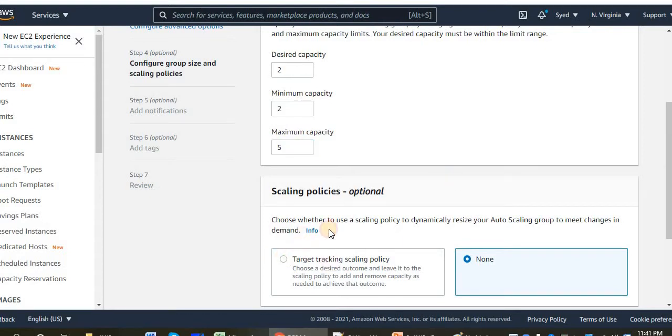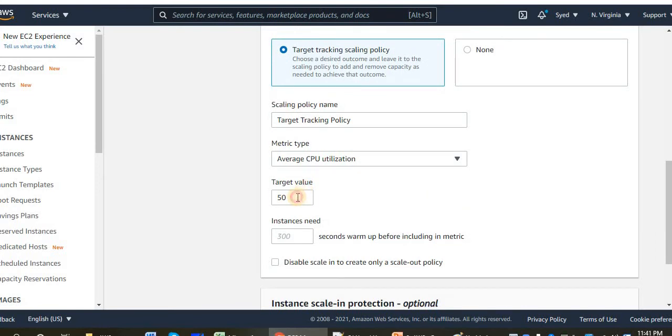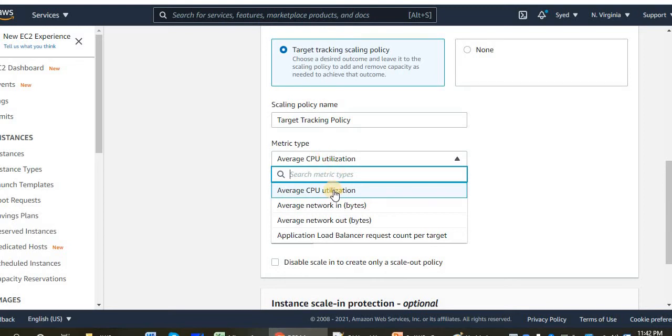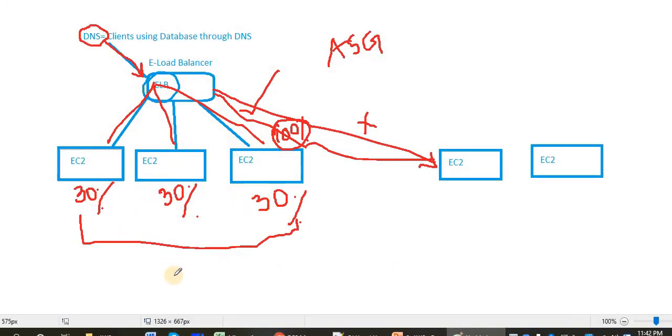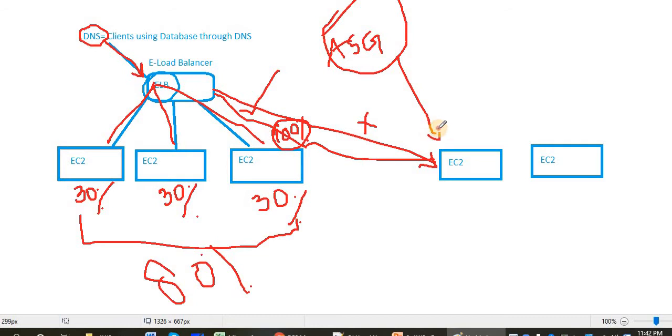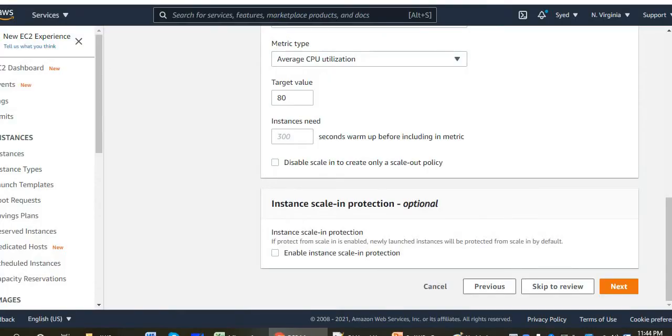So the next one is target tracking policies. Here we can set 80%: if the CPU utilization of all the target EC2 instances is going to be 80%, the auto scaling group will add another instance. Like here, if all 3 instances have CPU utilization at a full 80%, the auto scaling group will add another instance. I did not discuss SMS yet. So next,